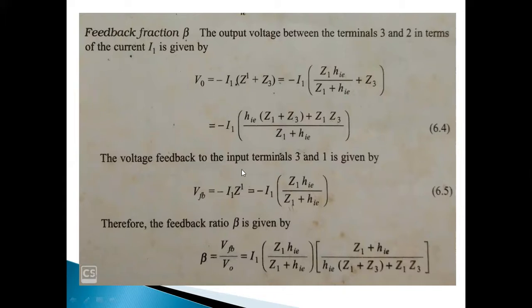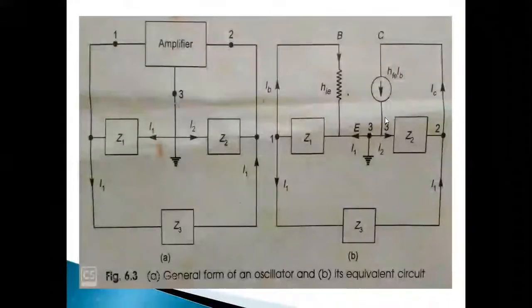And what is VF? That is the output of the feedback network. So here, what is the output of the feedback network? We know this is the feedback network. And this is the output voltage, and again given as input to this feedback network. And if this is the feedback network, this point represents the feedback voltage.